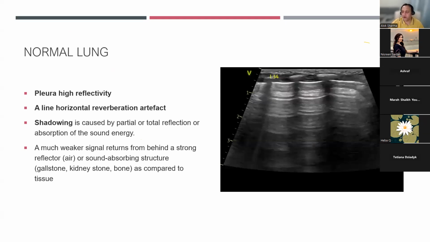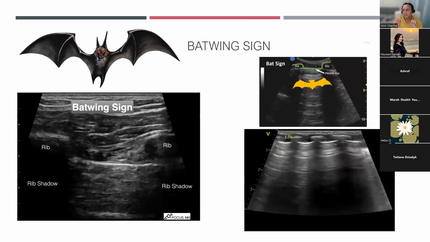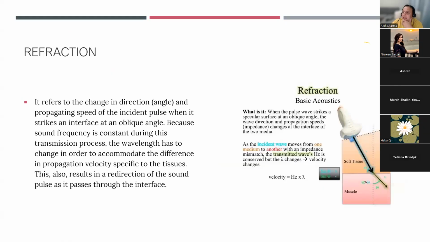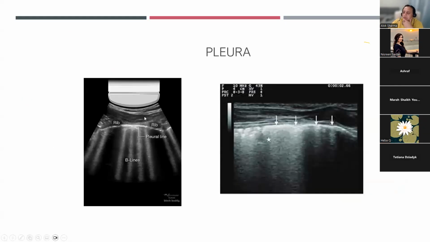Now, before I talk about reverberation artifact, what I would like to talk about is how you recognize that you're in the right place. If you apply any probe to the chest wall, and I'm going to teach you, there are two ways to scan. There's perpendicular scanning, and there is scanning of each individual intercostal space. And we're going to use standardized terminology for that. But when you do perpendicular scanning, you are able to see a rib, you're able to see the bright pleura in between,